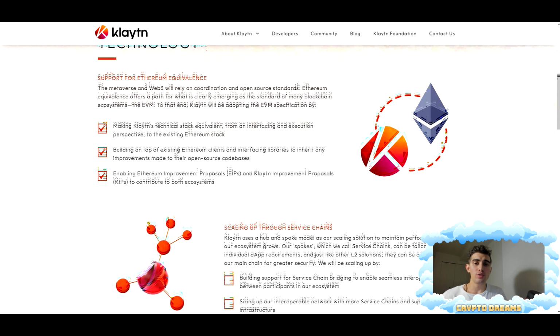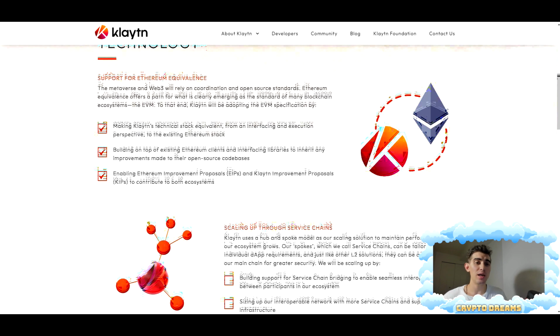So they want to support the Ethereum equivalents. The Metaverse and Web3 will rely on coordination and open source standards. Ethereum equivalents offers a path for what is clearly emerging as the standard of many blockchain ecosystems, the EVM, or the Ethereum virtual machine. To that end, Klaytn will be adopting the EVM specification by making Klaytn's technical stack equivalent